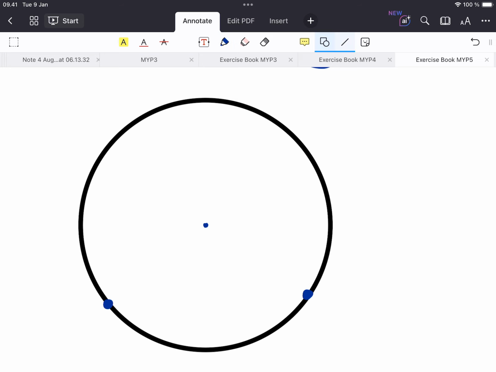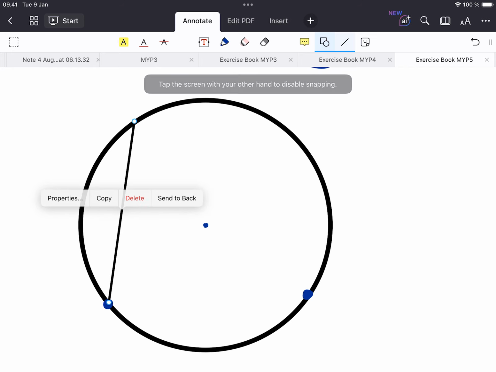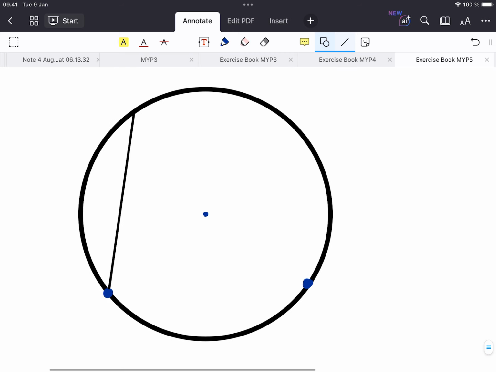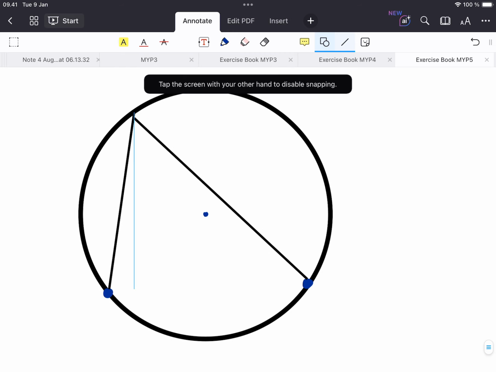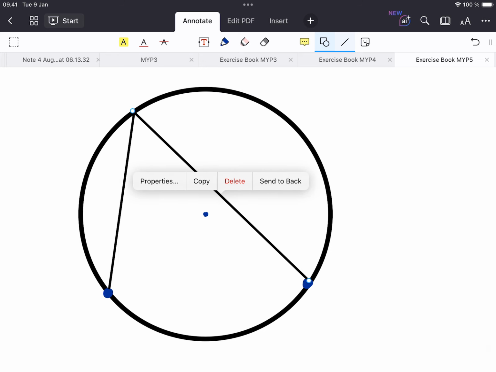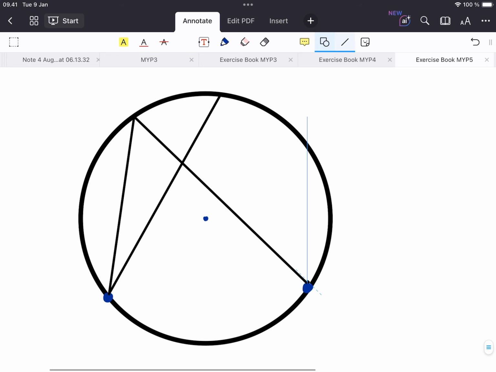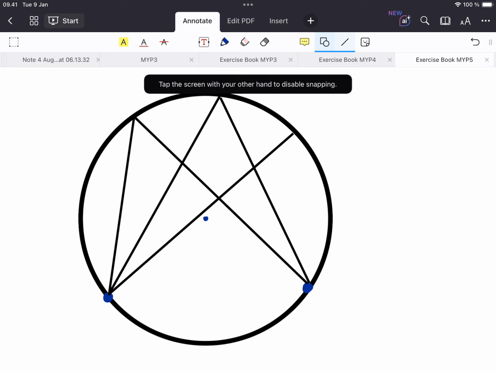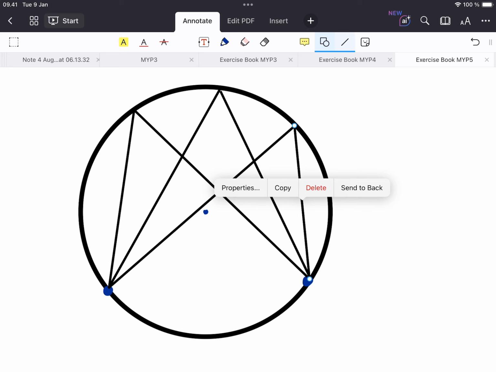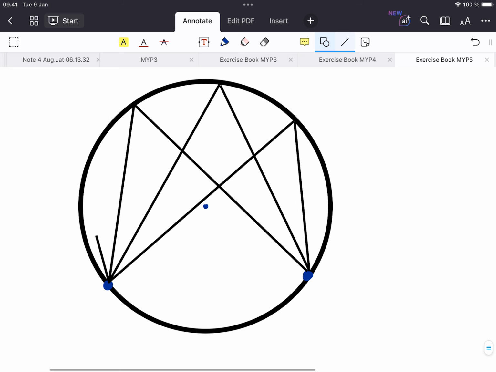circle. Then I'm going to get my line drawing tool, and then from those 2 points I'm going to make a couple of lines meeting up at a third point on the circumference. So it could be up to there, or it could be up to there, or over there. Let's do one more. There, and then